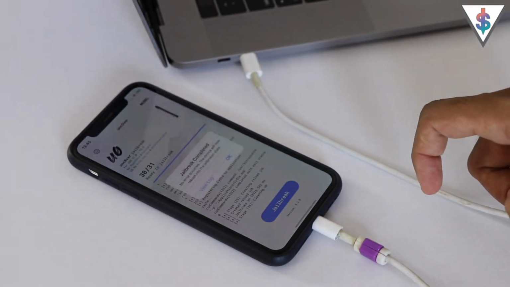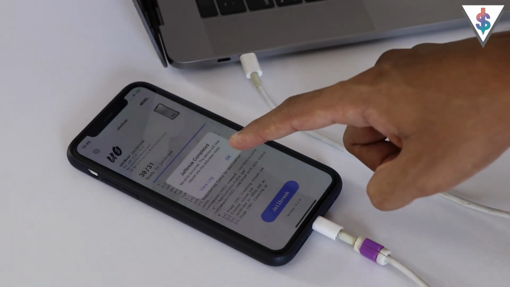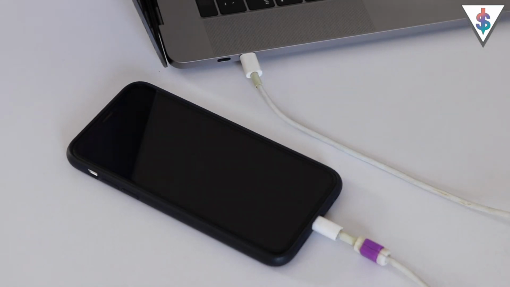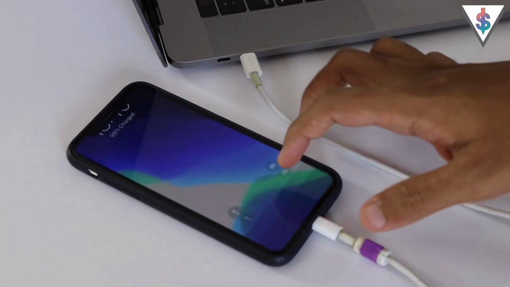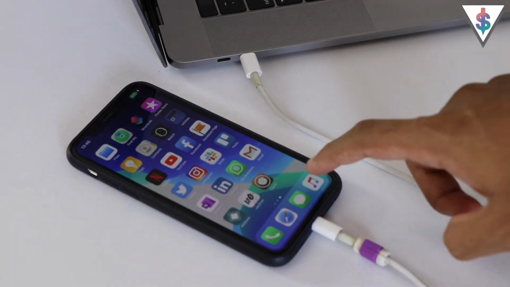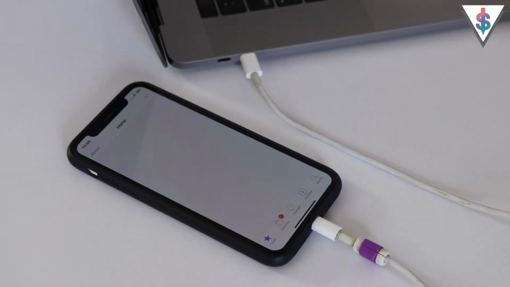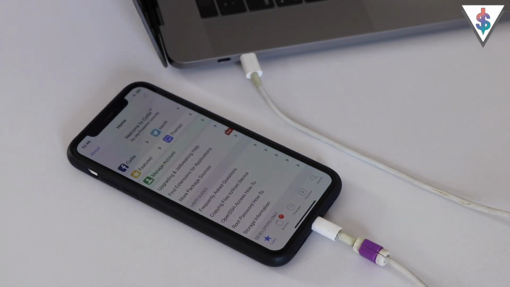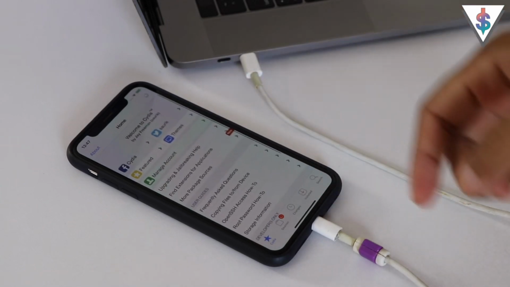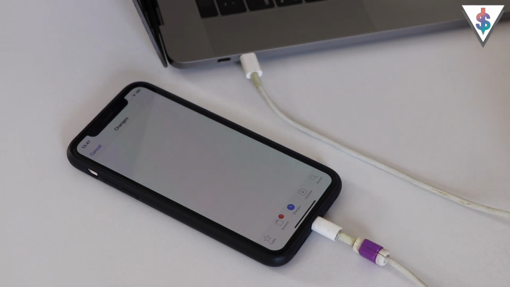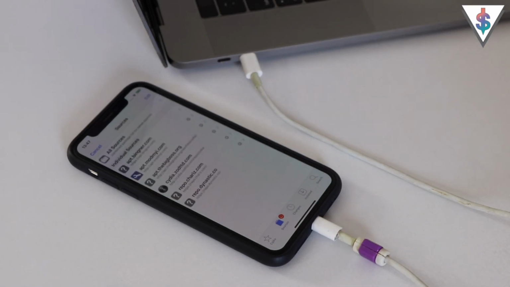Once the jailbreak has been completed, it will say jailbreak completed, no error occurred, and the device will again reboot into a jailbroken state. And this time when you check the home screen, you will see Cydia on the home screen. So once you open up Cydia, just let it load. Once everything has been loaded, you should probably see some updates that are available. Just go ahead and install all the updates that are available for Cydia, and once that is done, you can open up Cydia, and then you can go into all the sources and install all the jailbreaking tweaks that you want.